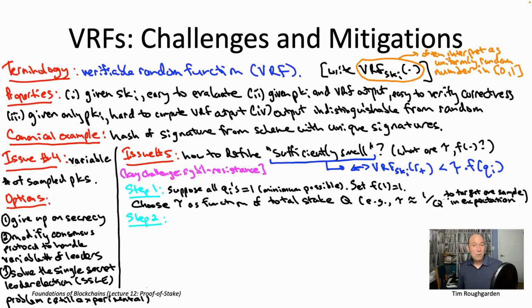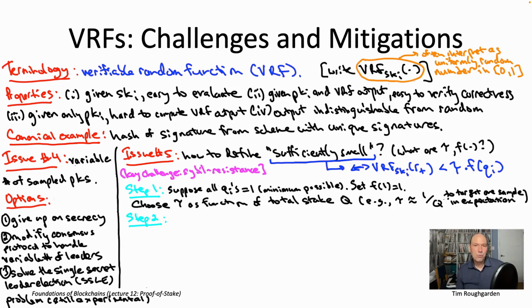So if we're going to be Sybil resistant, we need to make sure that we treat that person exactly the same, whether they register 1 public key with 12 coins, or whether they register 12 public keys with 1 coin each. But that, if you think about it, means we can actually reduce the general case of arbitrary q sub i's to the seemingly trivial case that we've already solved, where all the q_i's are equal to 1.